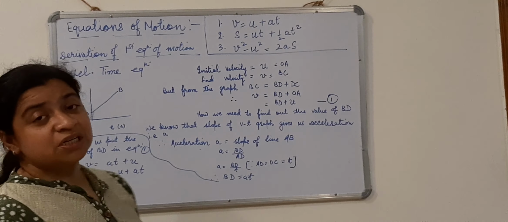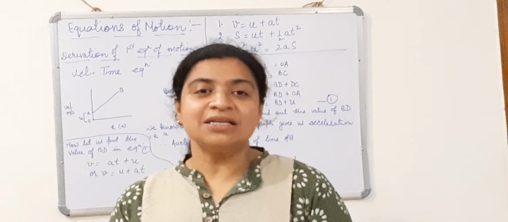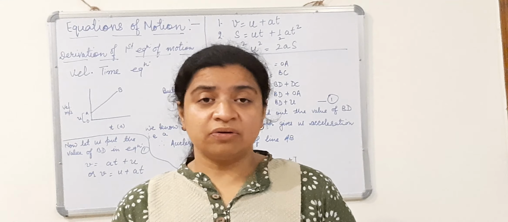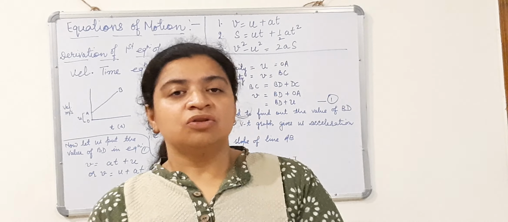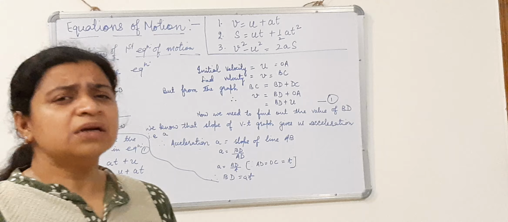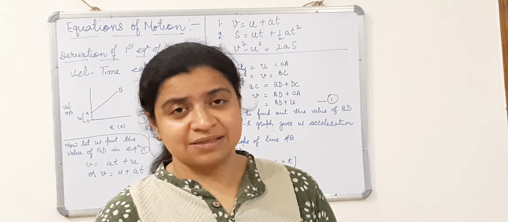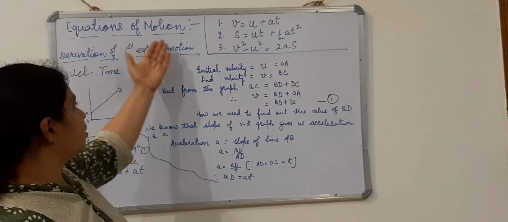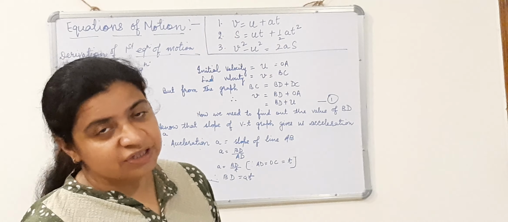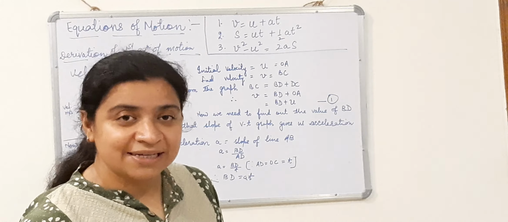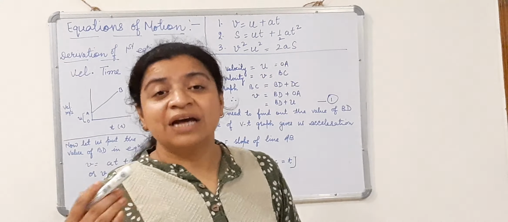Now if an object is moving with uniform acceleration, then it is easy to relate the velocity, the acceleration, the position of the object with the help of a graph in a certain time interval. To find out the relation between velocity, acceleration, time and distance, there are three equations of motion. These three equations give the relation when an object is moving with uniform acceleration, then how can we relate its velocity and its acceleration in a certain time period. These three equations of motion are for that purpose.